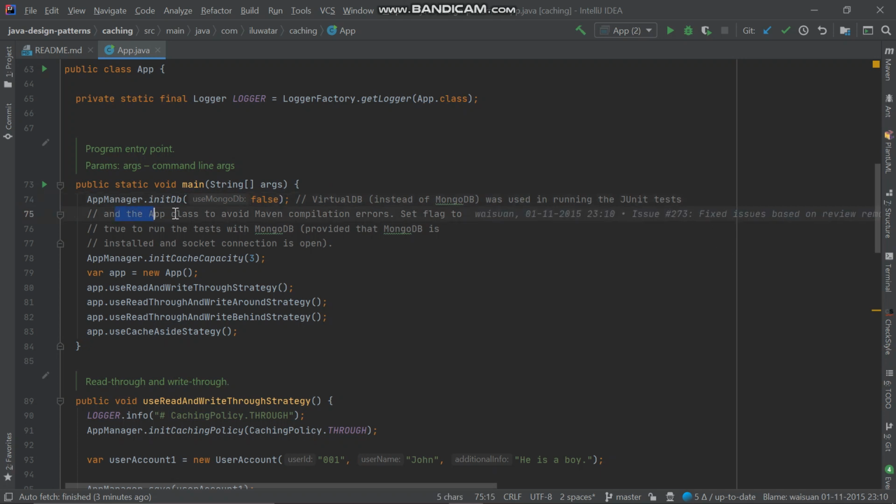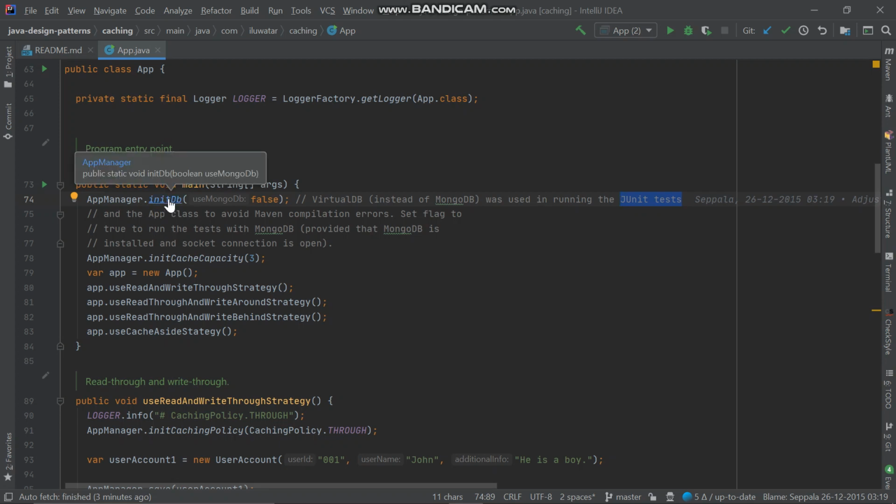In the app class, to avoid Maven compilation errors, the flag is set to false. If you want to run the test with MongoDB, then we have to set it to true, provided that MongoDB is installed and the socket connection is open for MongoDB. Since we have used false here, the virtual DB will be used for running the JUnit test and this main method. So let's see what is there in the initDB